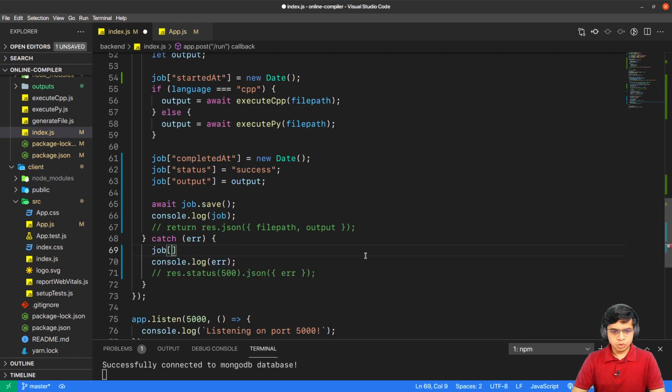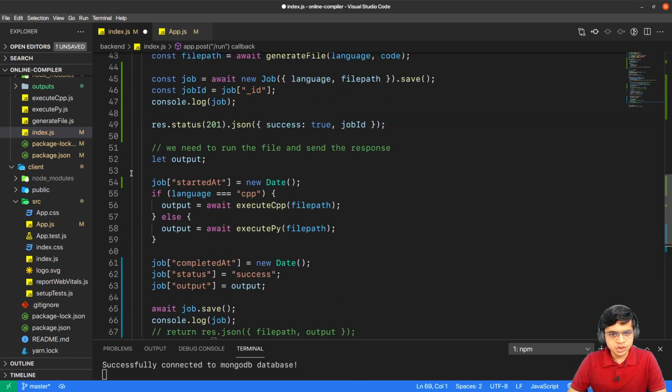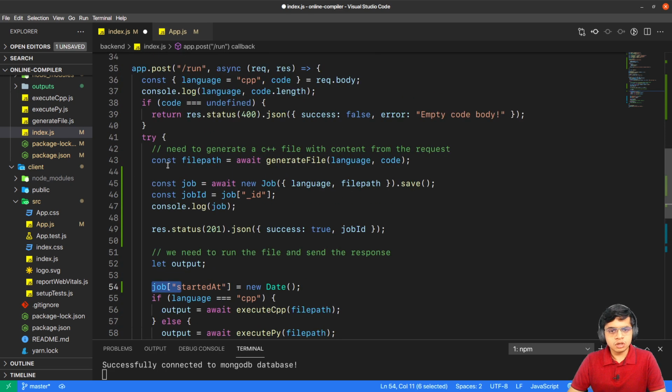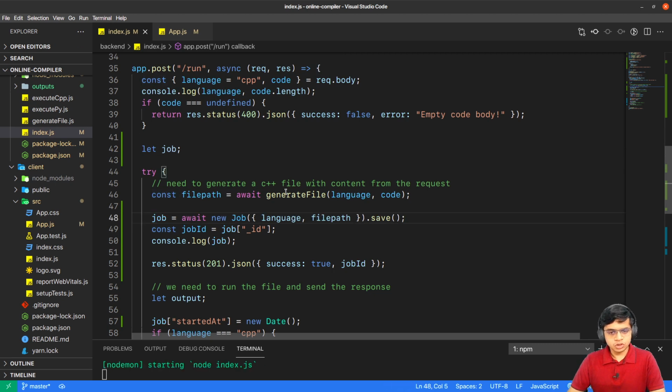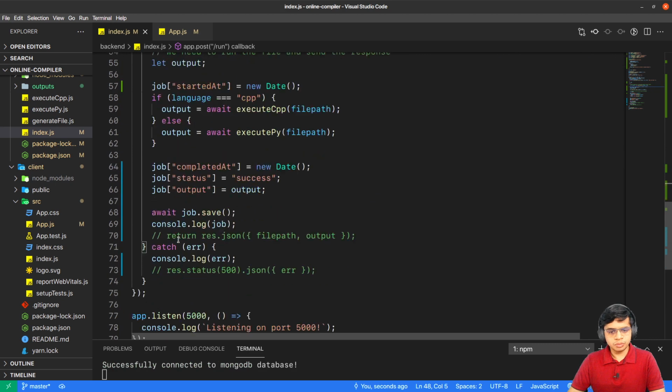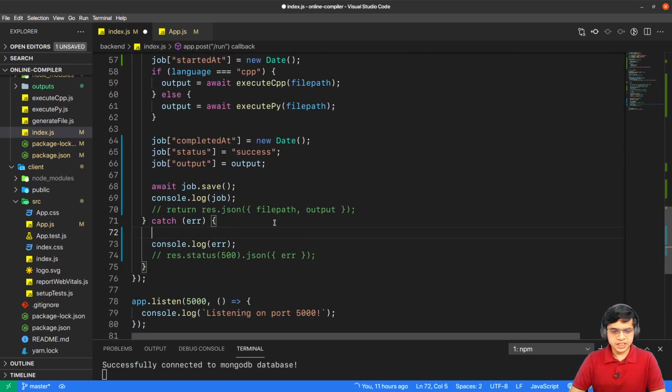Inside the catch block, I will write, but here we don't have it since job was defined in the try block. Like here it was defined in try block, so it won't be available in the catch block. Let's assign it outside of it. Let job, const we remove it, job is equal to await new Job, and inside this we know that this is errored out. So job completed at is equal to new Date.